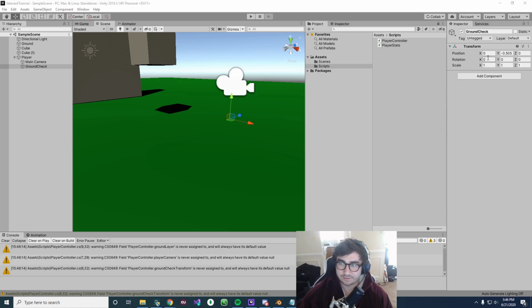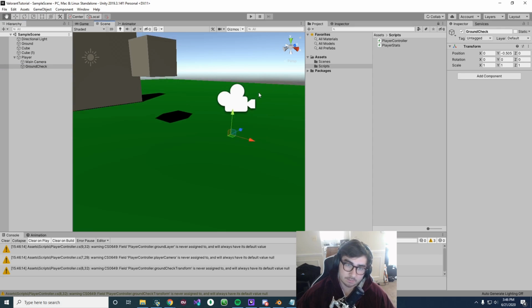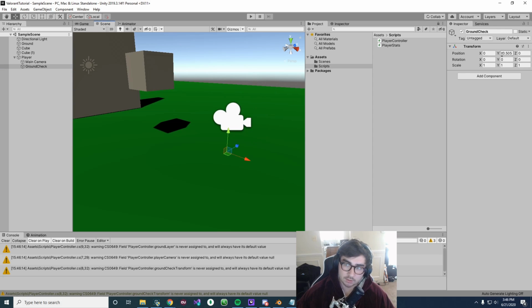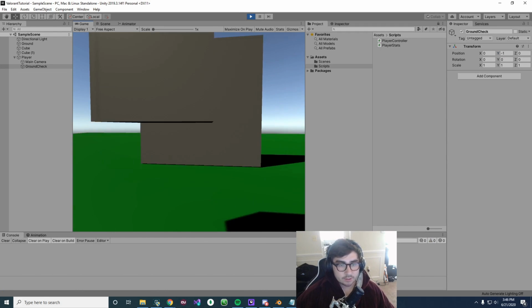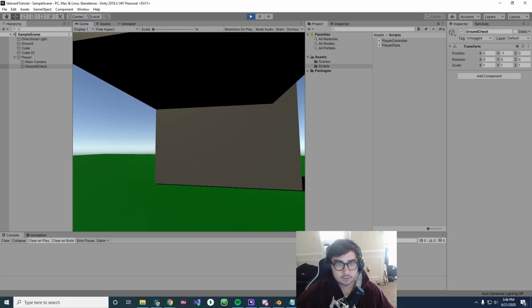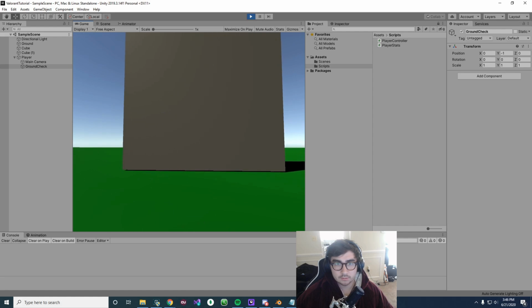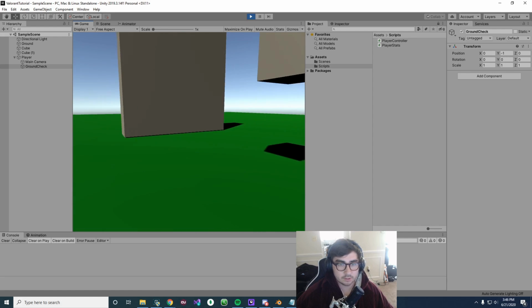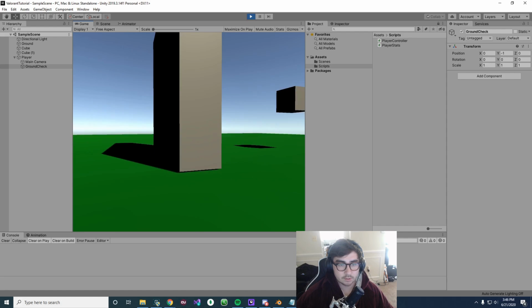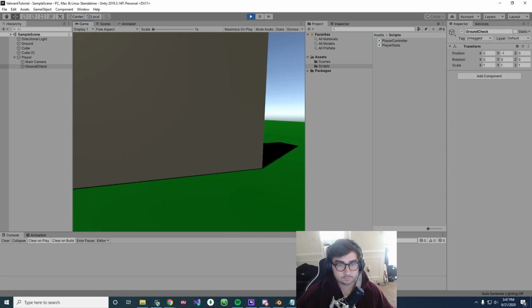Hey, sorry about that. We found the issue. It was our Y for our ground check is not actually at the bottom of our model anymore. So let's go here, and we can just say -1 on our Y position for our ground check, and let's hit play. So now we can jump, we can crouch. Let's see. Oops. So yeah, and then we can still jump. Okay, that's what I'm talking about. Yep, we are crouching right now.